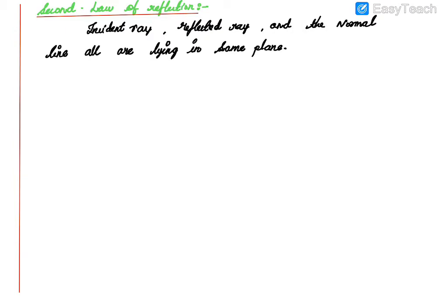Plane means, you know, like the surface. If you focus light on any mirror, you are passing some incident ray, and by that incident ray it will get reflected, and if you draw the normal line, everything will be on that plane only. That is, the reflected ray, incident ray and the normal line all lie in the same plane. This is the second law. This is very important. First law: angle of incidence should be equal to angle of reflection. Second: everything is on the same plane. Same plane means a two-dimensional object, like your graph.